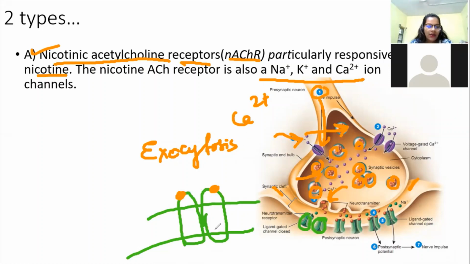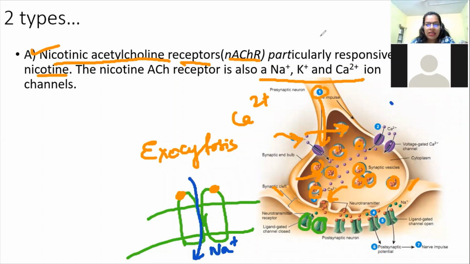So this receptor gets a conformational change, and hence your Na plus or K plus or calcium 2 plus, depending on the condition, can pass. So there is an opening. This is why they are also called the receptors for Na plus, K plus and calcium. Then what is happening? Now the membrane potential change has occurred in the postsynaptic neuron, and this is how the nerve impulse is carried. From electrical, it gets converted to chemical, then from chemical, it gets converted to electrical. So this is how your nerve impulse is transferred from one neuron to another neuron.